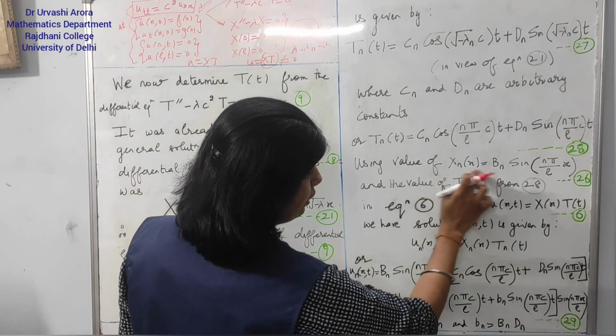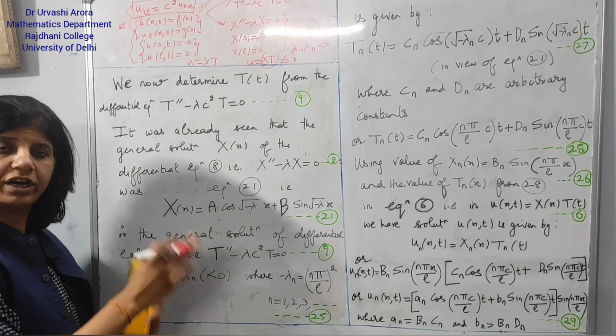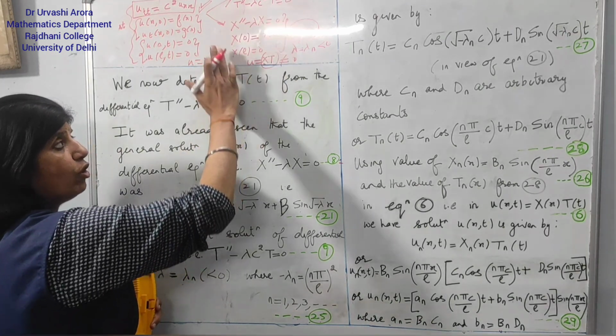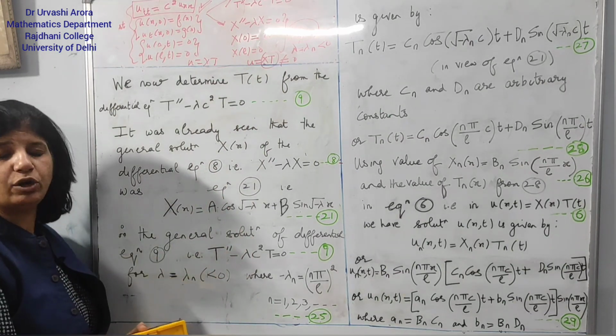These were the non-trivial values of capital X. So this we have already solved. This system has already been solved. The non-trivial solution for this system, or the non-zero value of capital X, has already been obtained in the previous